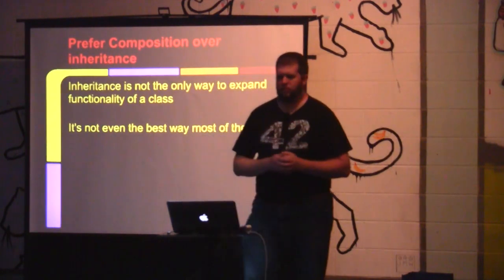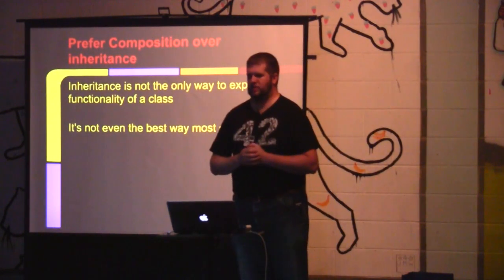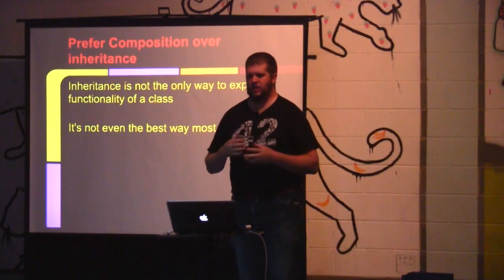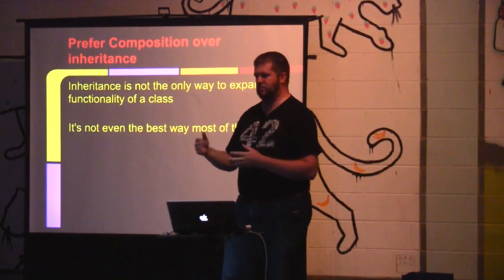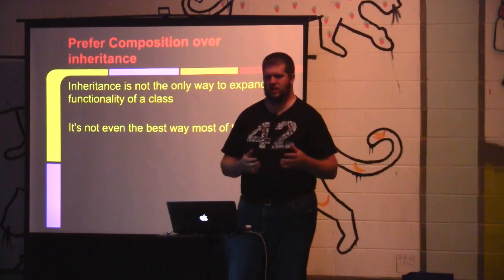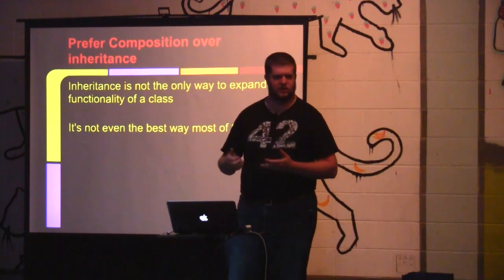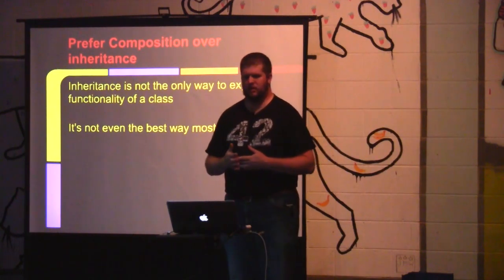This is a concept: prefer composition over inheritance. So we know in classes, in object-oriented programming, we can inherit or we can extend a class and make another one that gets all the functionality or most of the functionality of its parent class and some of the properties and so on. And that's one way that you can extend the functionality of a class,